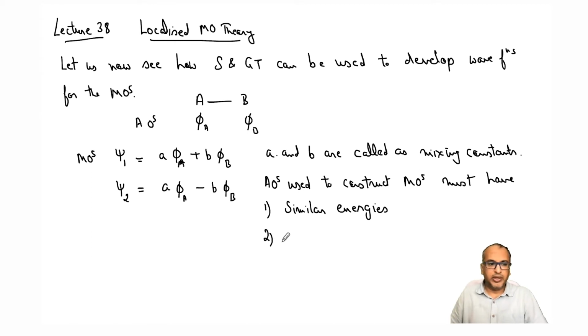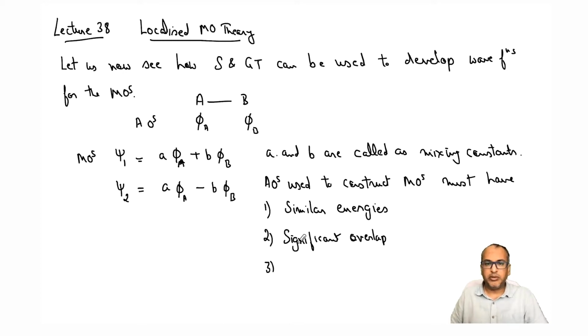Okay, and of course you have to take the valence orbitals from the valence shell. Orbitals from the penultimate shell you cannot take, because those are complete shells and will not participate in chemical bonding, right? They should also have significant overlap. How do we know whether two orbitals have significant overlap? That we can calculate with Slater's overlap integral, which we have seen earlier.